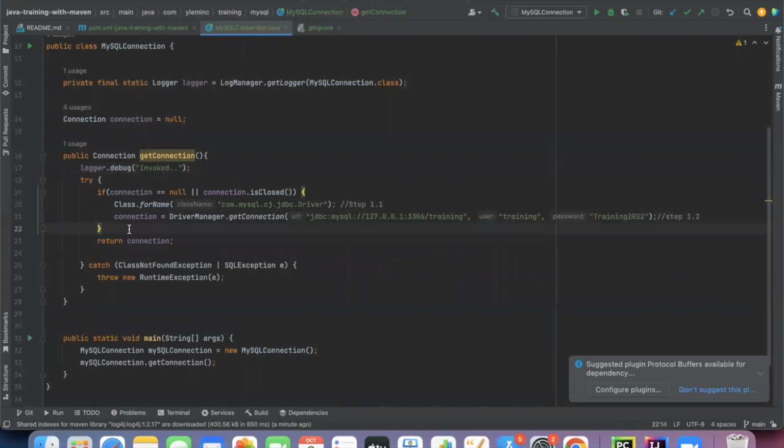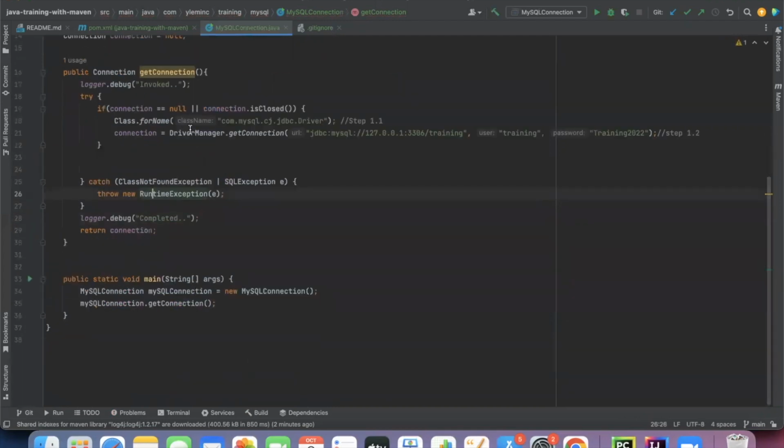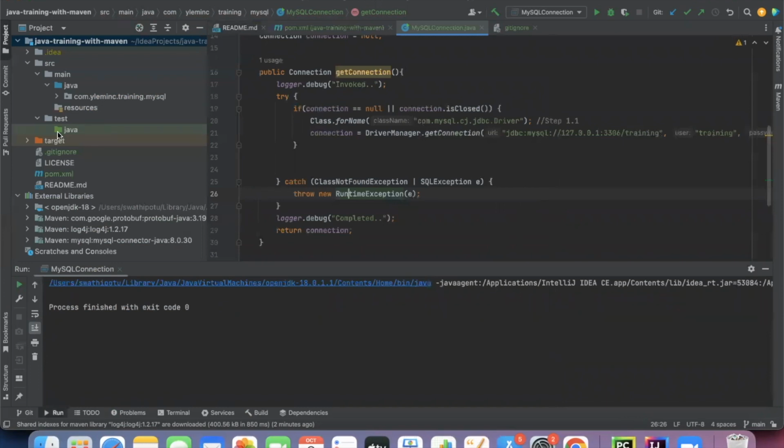And before returning, I will return the connection from here. Here I will print that. So invoke completed. I'm printing two logs here. Now resources, right? What is resources? I already told you that these go like a non-